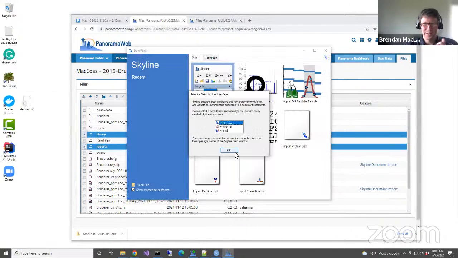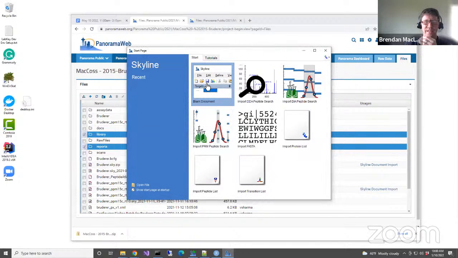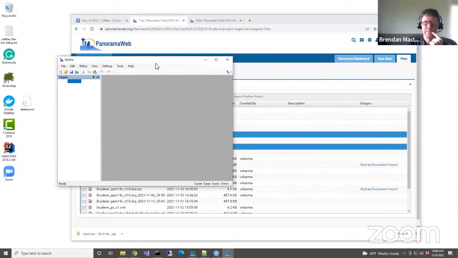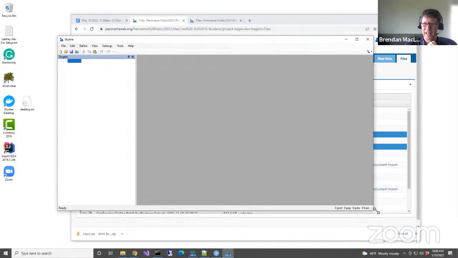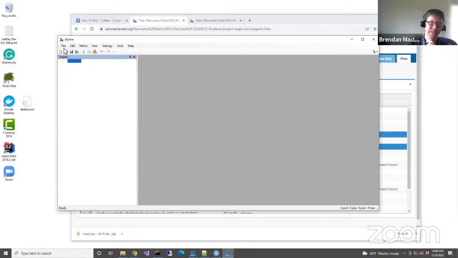Okay, so now it says, what do you want to use Skyline for? Proteomics, molecules, or mix? So I'll accept proteomics. So first time into Skyline, this just clears out all the options I may have saved from doing this before. And we'll go to blank document. And actually, if you have used Skyline before, then the first thing we should all do anyway is to go to File, Open,